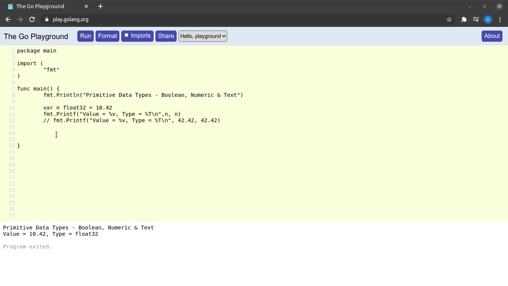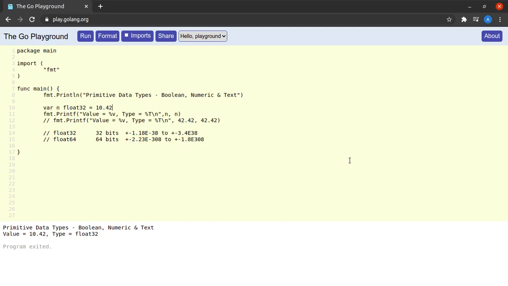So what are the sizes and range of floating point numbers? It's right there on your screen. Float32 is 32 bits and float64 is 64 bits. And float32 can range from plus minus 1.18 times 10 raised to the power minus 38 to plus minus 3.4 times 10 raised to the power 38. And if you want even more precision, you have a much larger range provided by the float64.